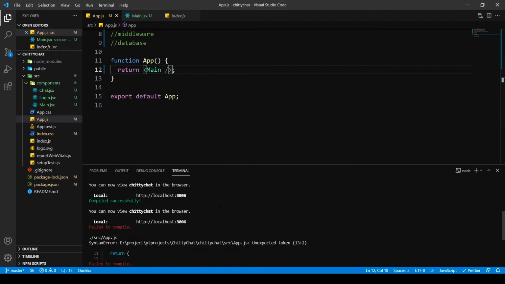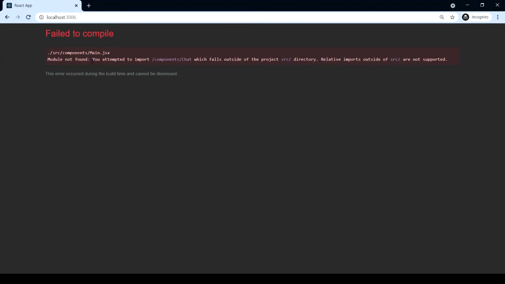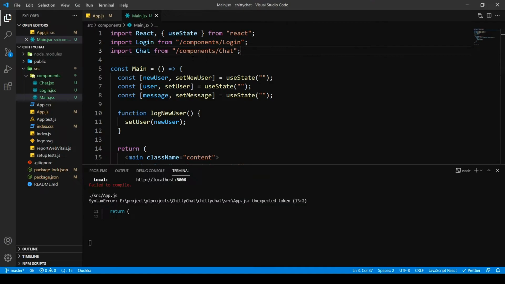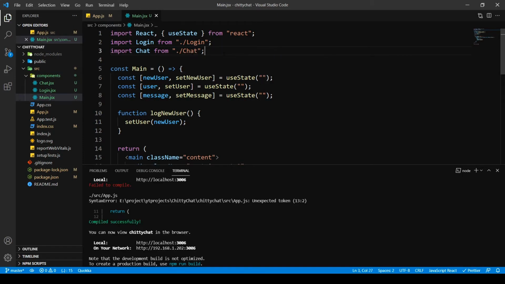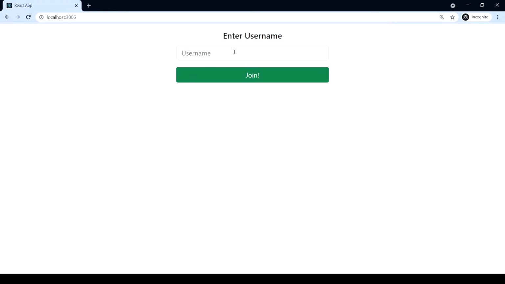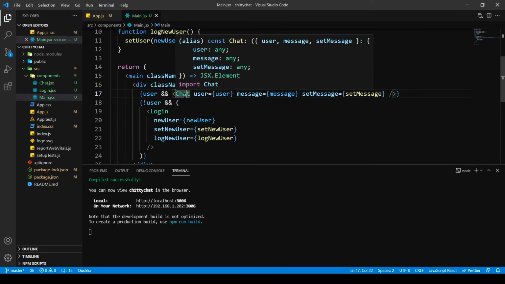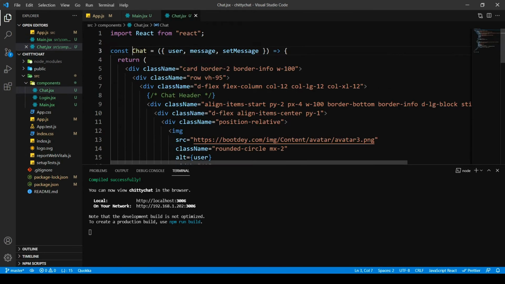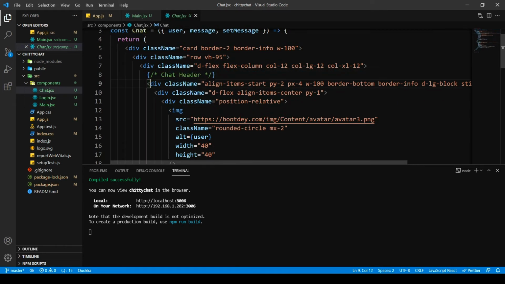We have an error here. So we have an error saying that we need to fix our import. So let's do that. I'm going to come in main.jsx. We're just going to say this is inside the components folder. There we go. That should do it. Then I'm going to go inside our chat component and just